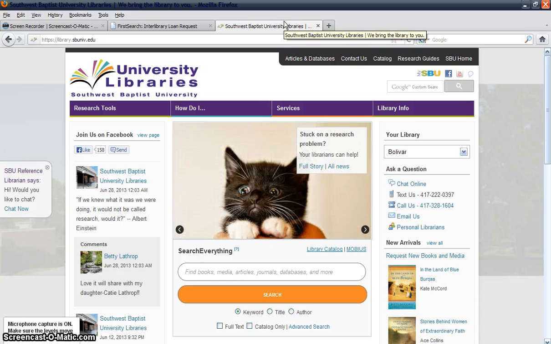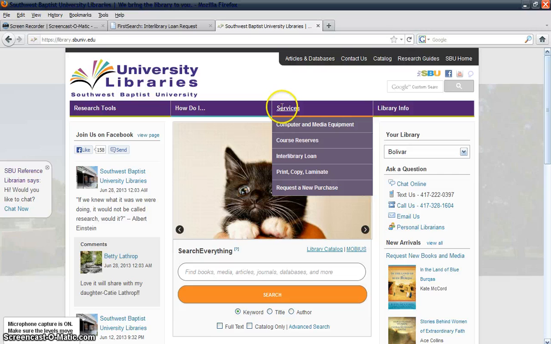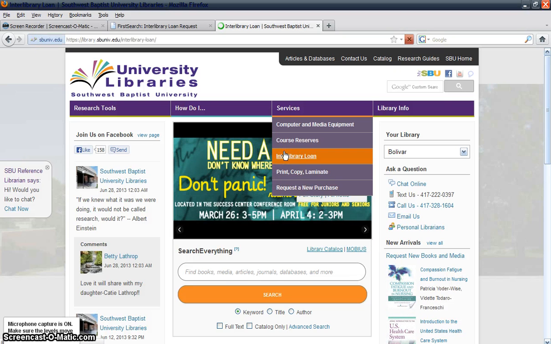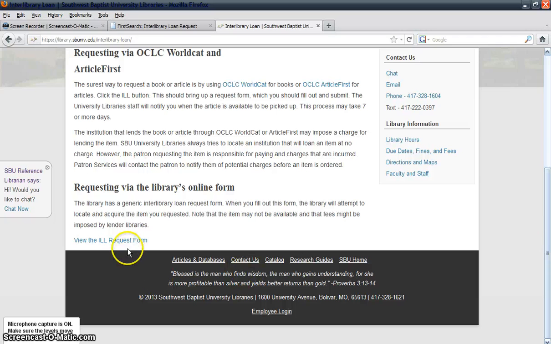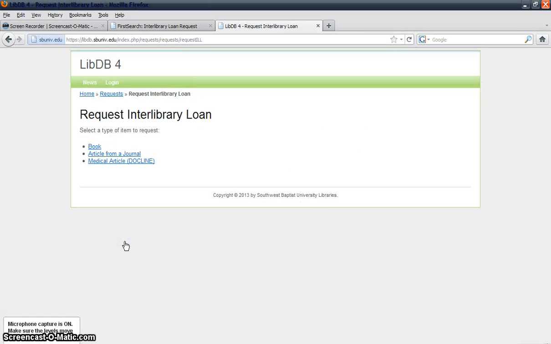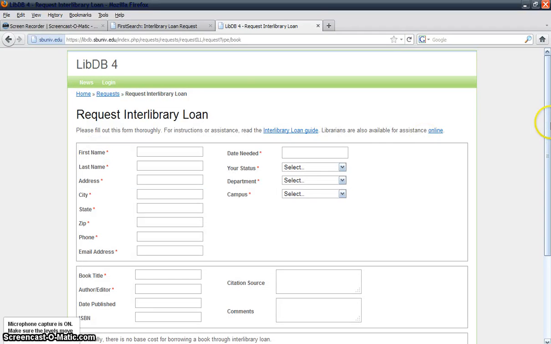Go to the library's homepage again and click on Interlibrary Loan under the Services menu. And we do have a generic interlibrary loan request form, so if you click on View ILL Request Form, you'll notice that you have a couple of different options here for the type of request you want to place. And in this case, since we were looking for a book, you would click on Book and pull up an